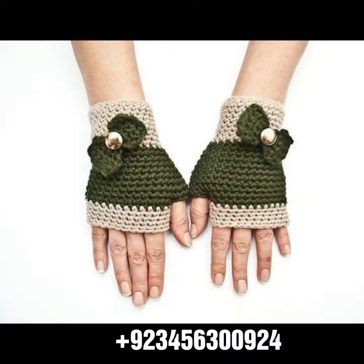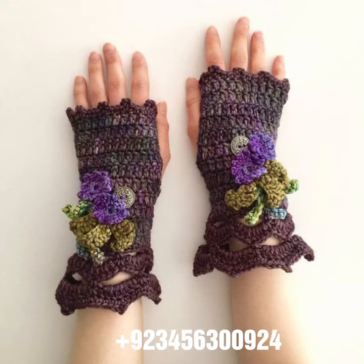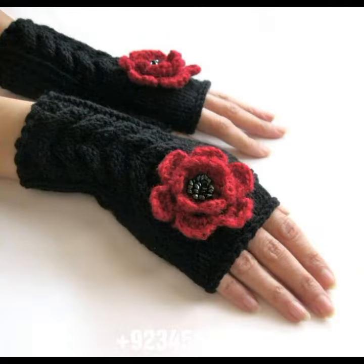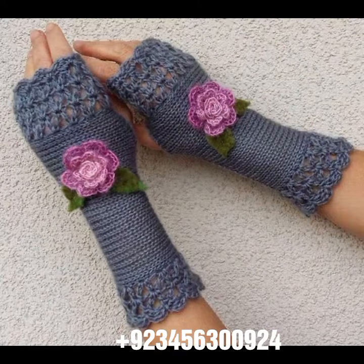We have designers, so you can order and get amazing crochet material like these crochet women's fingerless gloves and others, like crochet women's long gloves, short gloves, full sleeve, half sleeve, sleeveless, off shoulder dresses, long dresses, short dresses, bodycon dresses, skirts, poncho, capelet, cap shawl, women's cap design, scarf, circular jacket design, blouse designs, also cardigans, and crochet baby collection like crochet baby frock design, crochet baby romper design, crochet baby cap design, sandal design, boot design,